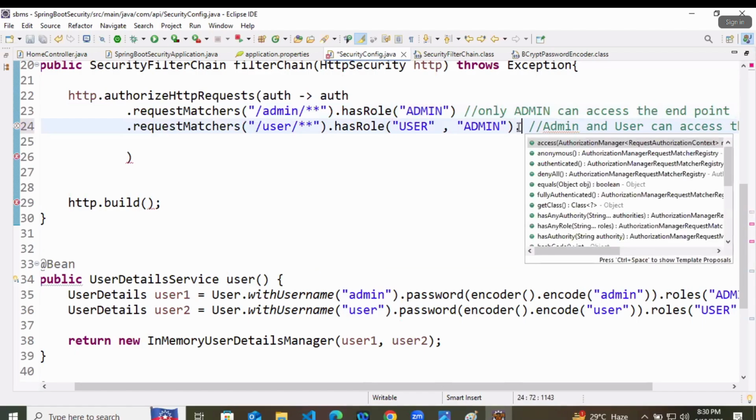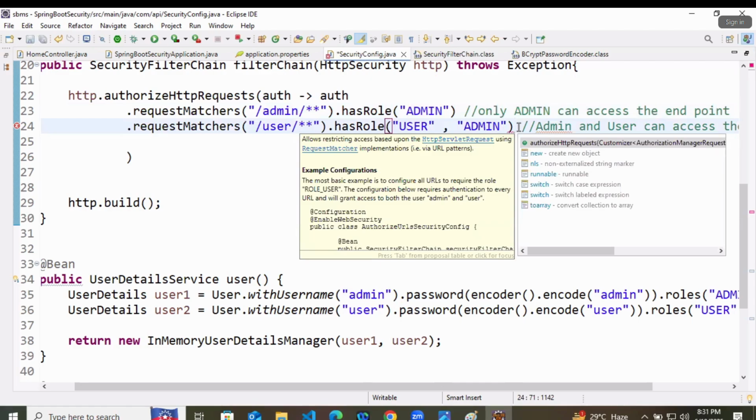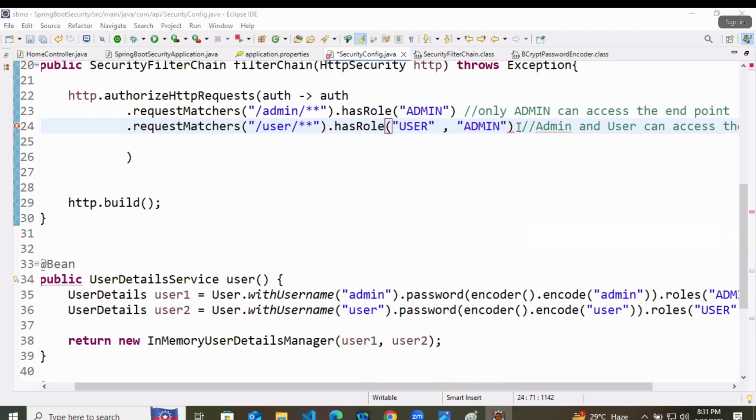Second way, again we will be having, wait, there is some issue in the code. Request matchers.